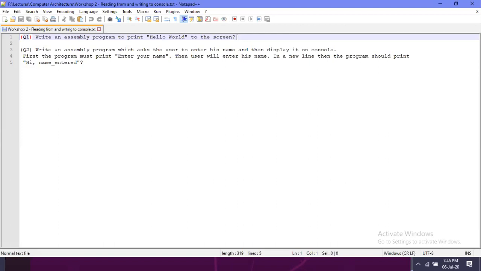But in assembly, you can't do it like that. You have to set the registers: in which register this message is stored, how it is going to be printed, to what extent, and to which register you have to store this. Everything you have to specify in low-level detail.